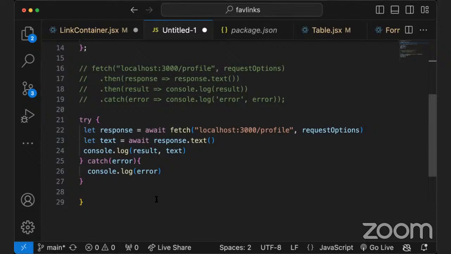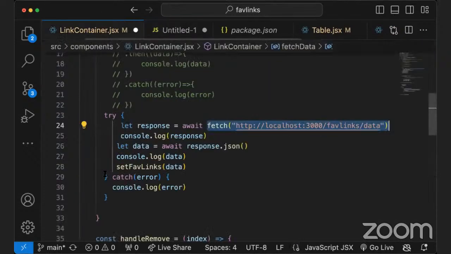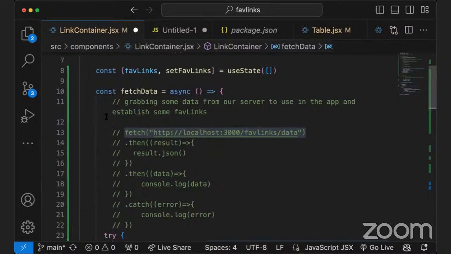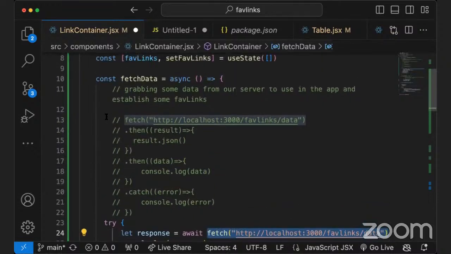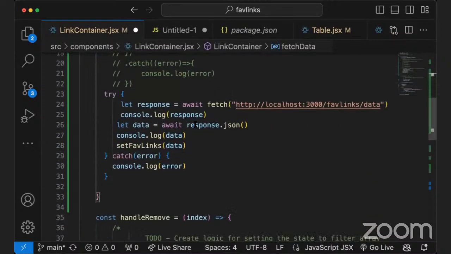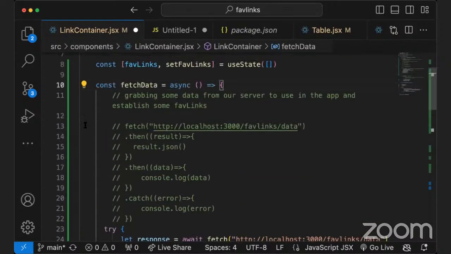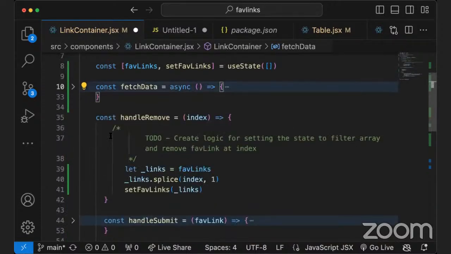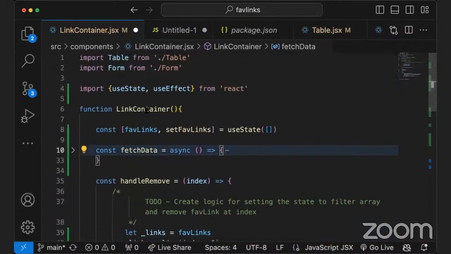So if I were to change this, the one last thing, I'm so sorry, I can't believe I forgot to talk about this, but where are we calling this function? So fetch data, we talked about literally everything that's going on with this function, how it works. The last thing we had to talk about was where it gets called, which is when the component in our client side, and this is very specific to React,